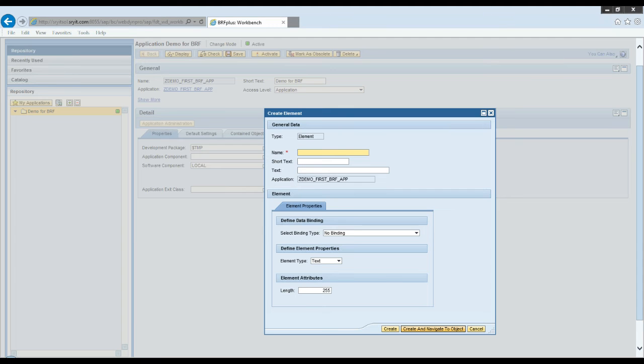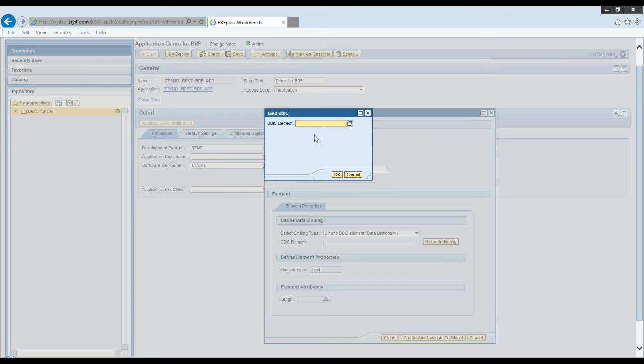I can provide the name of this element, let's say global variable for airline. We can create a binding of this from a data dictionary element.